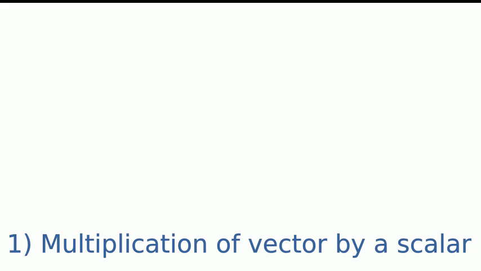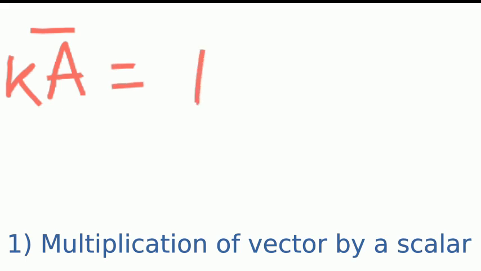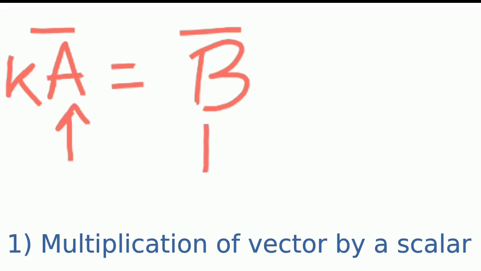multiplication by scalar. Suppose a bar is a vector and if we multiply it by a scalar k, then we will get some new vector b. Now here the dimensions of this vector and this vector will be the same, but the magnitude of this vector will be changed. The direction will be the same. So when we multiply a vector by a scalar, the direction of the vector will not change, but the magnitude will